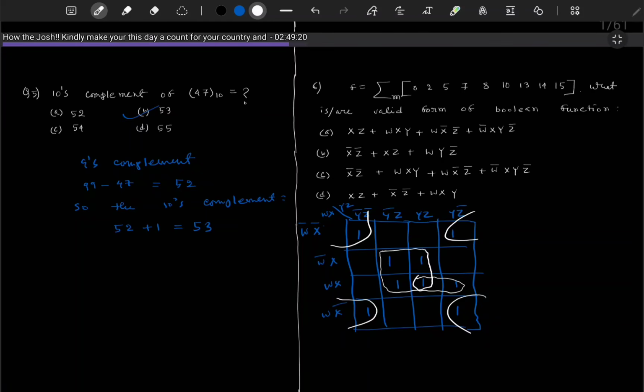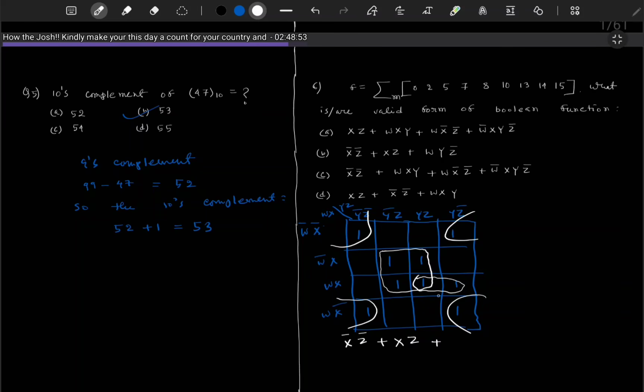So like that we can do, and so what it is coming actually here is x bar, and here it is z bar, plus here it is x z